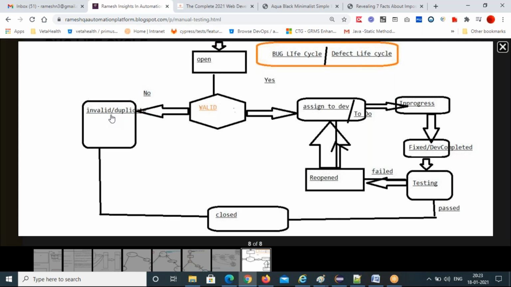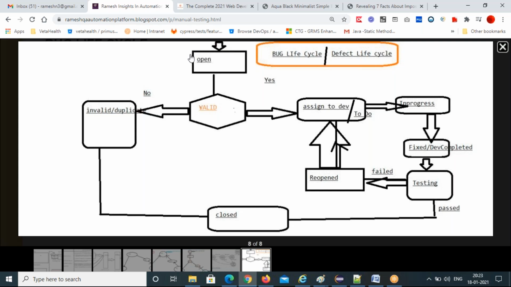I already am addressing that bug, and you filed it again. So they will mark it as a duplicate and close it, with the closed status.